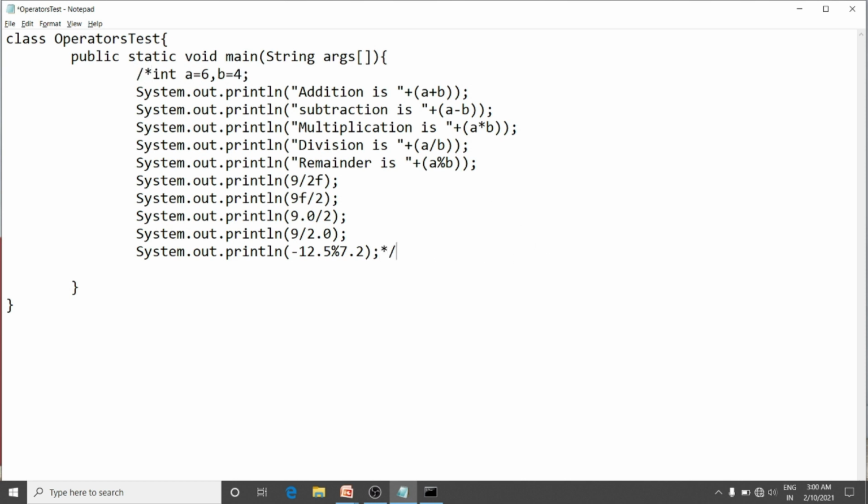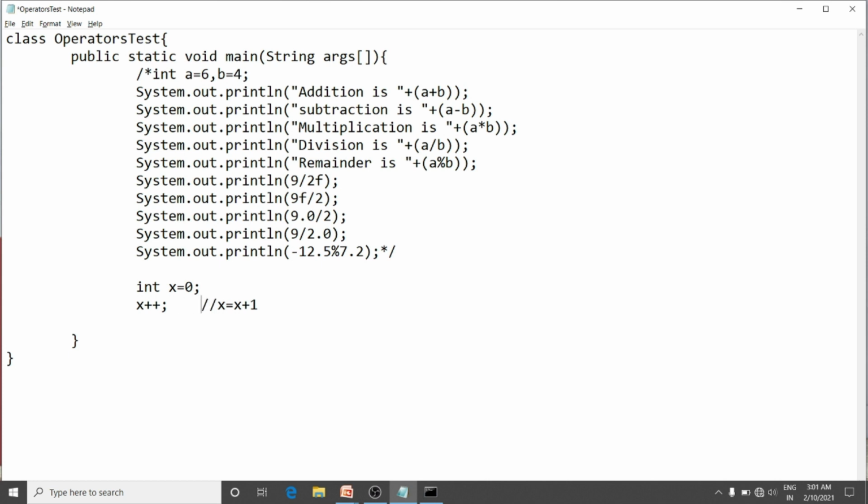Now say integer x is equal to 0 and I am writing x plus plus. This plus plus is an increment operator. It just works like x is equal to x plus 1, meaning we are increasing the value of x by 1.